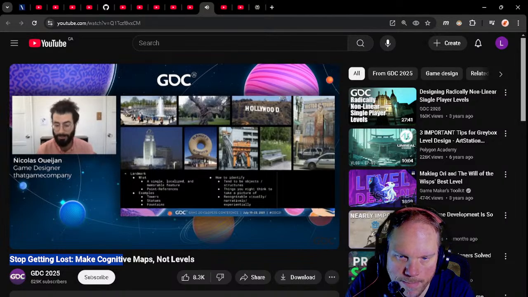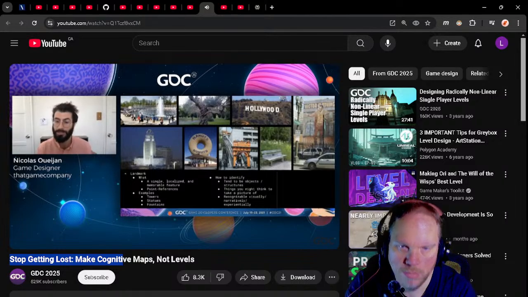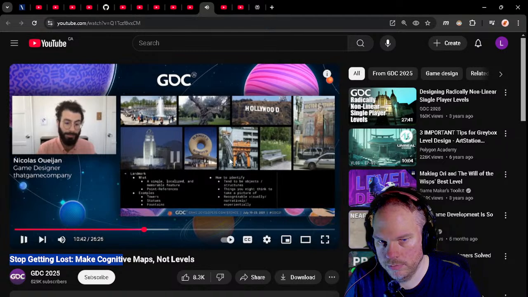The next element are landmarks, also super self-explanatory and loved by level designers all over the place. They're single, localized, and